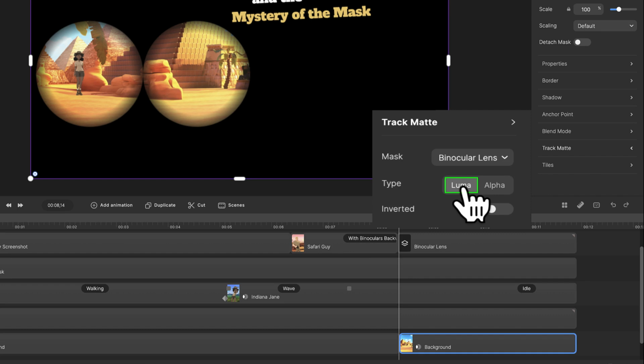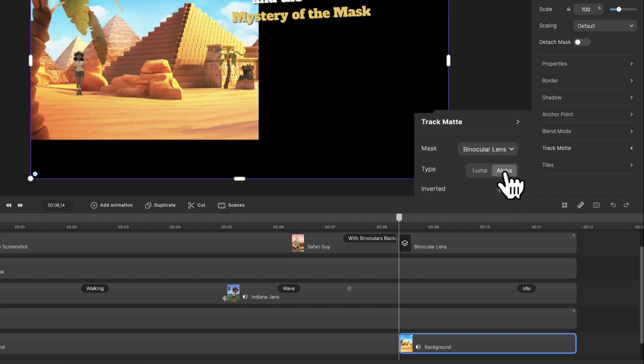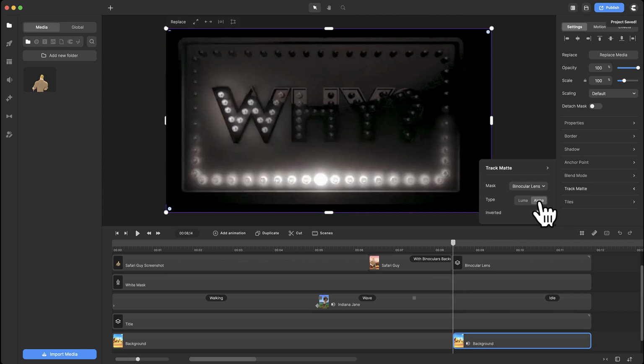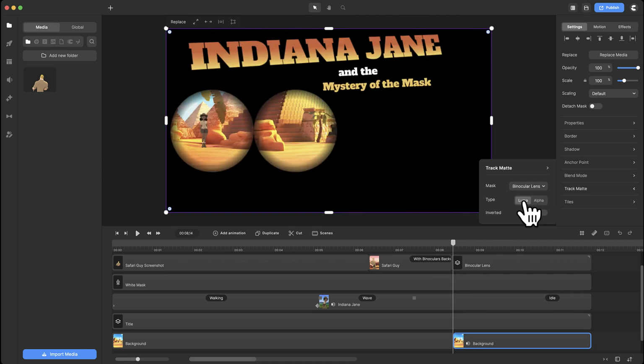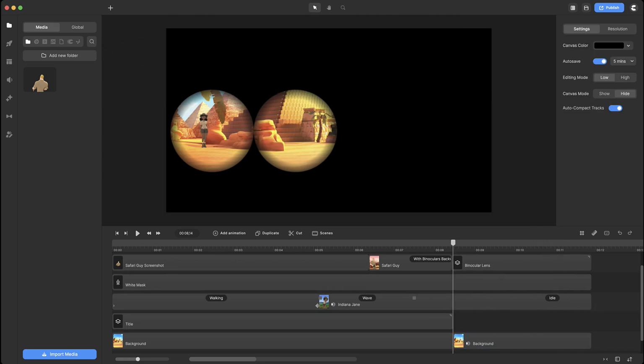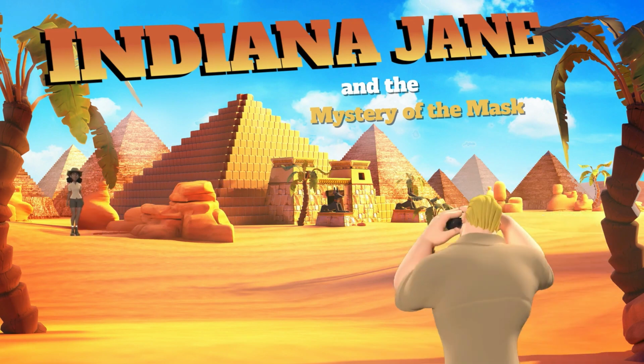Be careful not to select the alpha type, which will cause the entire mask to be shown regardless of the black, white, and gray values. You'll see why this is the case later. In my example, I will also reduce the length of the title layer so it does not show when the mask is being applied, and later prove a masking concept. I will show you how to animate this mask in an upcoming video.